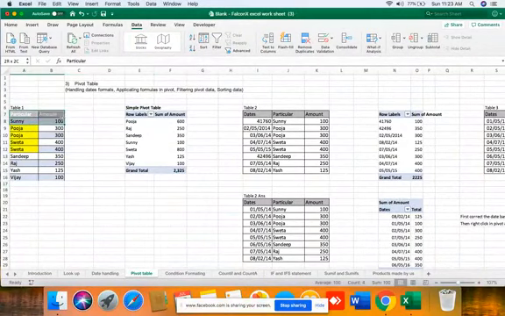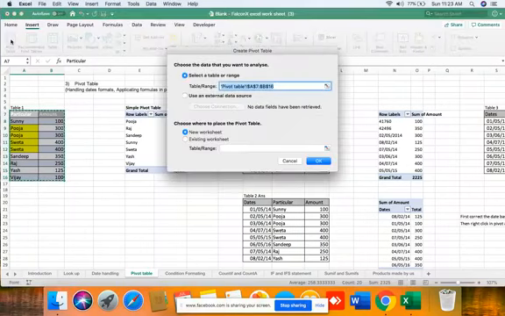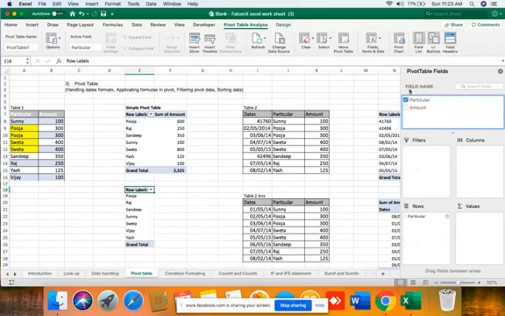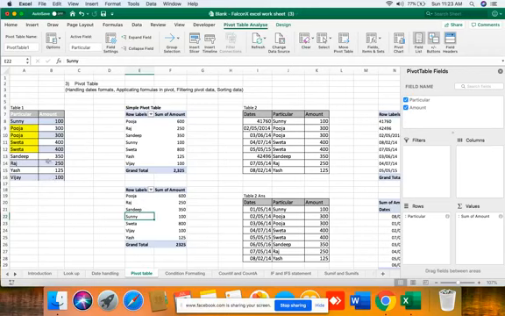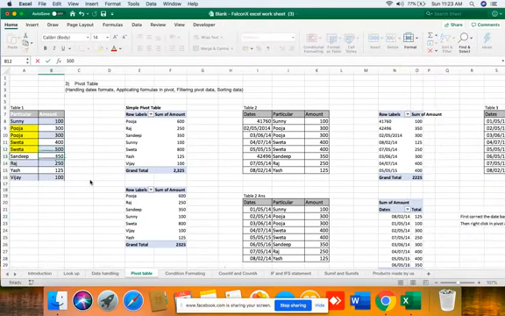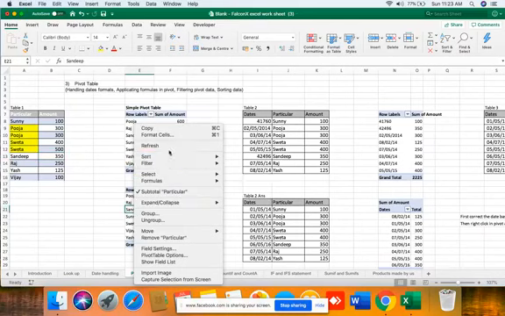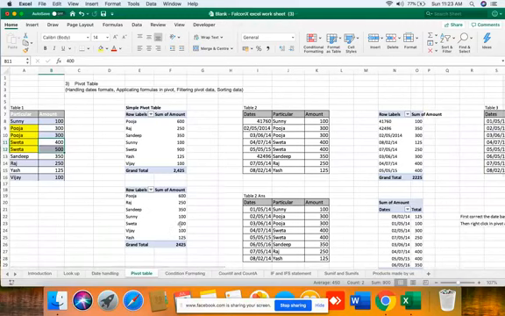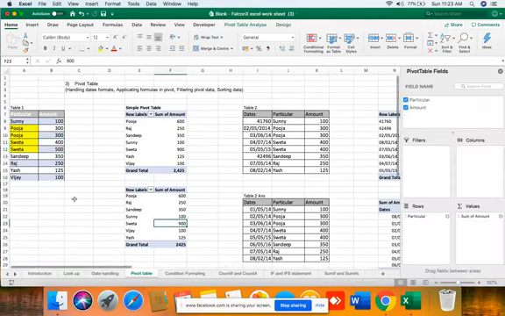Now moving along ahead with pivot tables. This is the normal pivot table. Insert, existing data, pivot. This is the normal pivot table which we put, and if I update a value and then do a refresh, it will get automatically reflected. As you can see, Switcher value was 8900, it got updated.